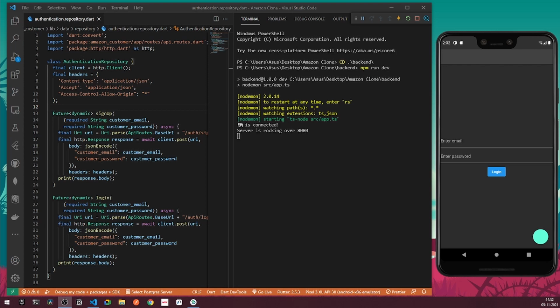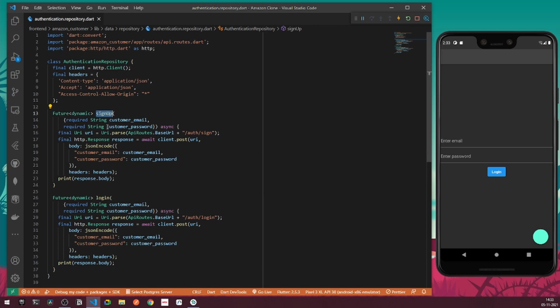So if you have followed me in the previous tutorials, we have completed the integration of our backend with our front end. Right now, we are able to log in under our application and also create a new account with the help of our backend. Now in this video, I want to use proper state management so that once the user is logged in or signed up under our application, he will be navigated to the next screen with the help of proper state management.